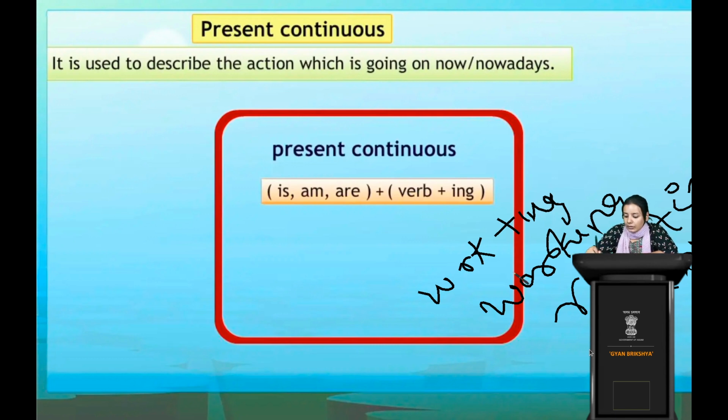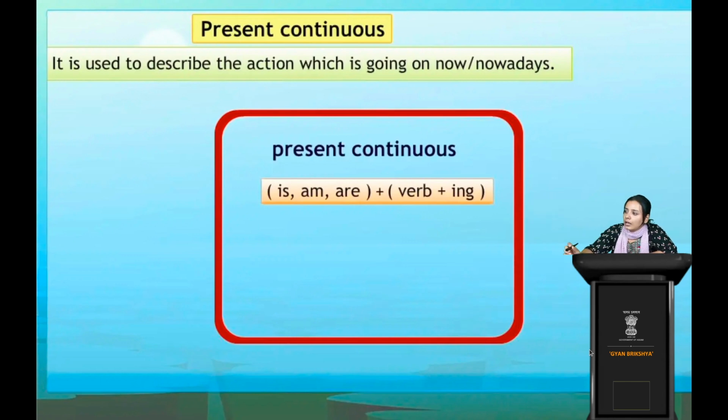We cannot say that just because there is ing in a sentence, it's present continuous. We have to check whether the verb is in present tense or not, v1 form or not. It shouldn't be in any past form or any future form. It should be only in present form. Only then can we say the sentence is present continuous tense. Okay, clear? Let's see the other examples. So is, am, are plus verb plus ing forms present continuous tense, right? So that's the topic we're going to start and learn today.